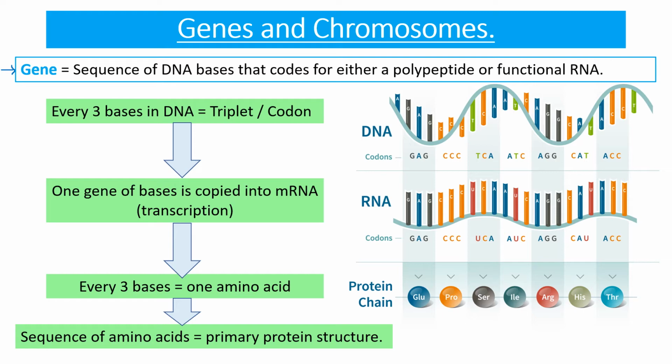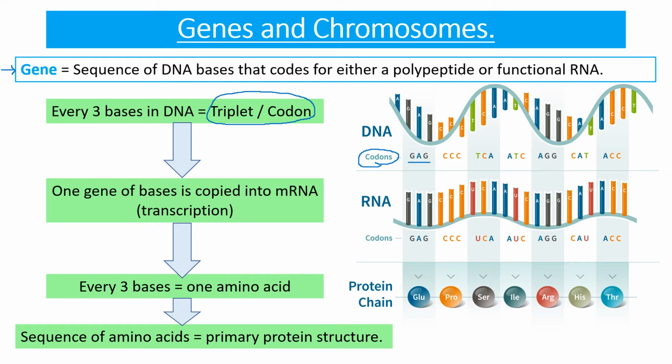DNA. The first thing is, if you look at this picture, it shows you quite nicely that there are things called codons of DNA, which may also be called triplets. Codons and triplets mean the same thing, and all it means is every 3 bases of DNA. So if we have here, for example, the codon GAG, so guanine, adenine, and guanine again, GAG will be copied, and this length of DNA, this gene, and when we do protein synthesis, only one gene is copied, not